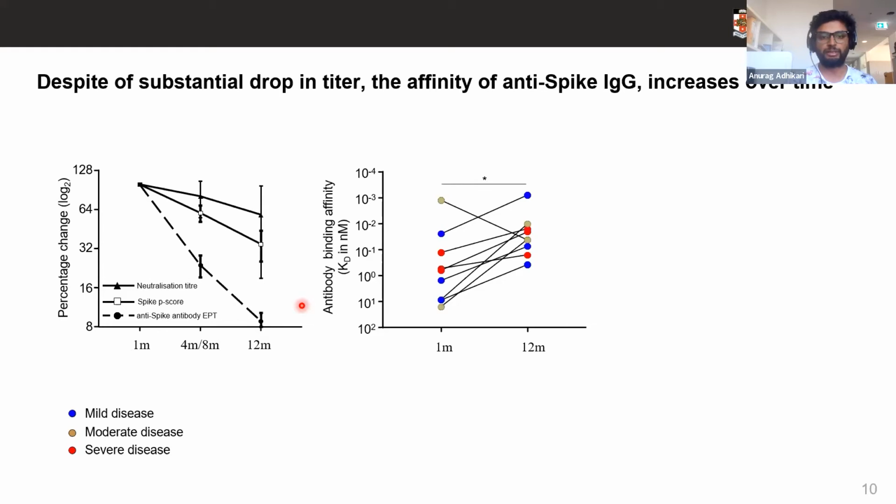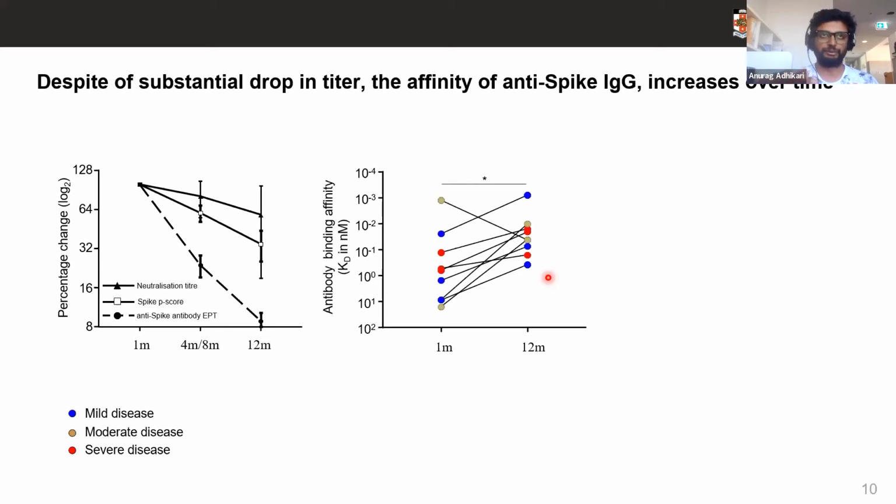And then we wanted to ask, okay, the titers are decreasing, the functions are decreasing. What about the quality of antibody, which is a different thing than quantity? For any biological function, you would understand the affinity against the epitopes or antigens would be crucial. So when we mapped the antibody affinity, we saw an opposite trend, where from 1 month to 12 months, the antibody affinity is increasing in the plasma of these patients, which you would expect, because the longer the infection you have,